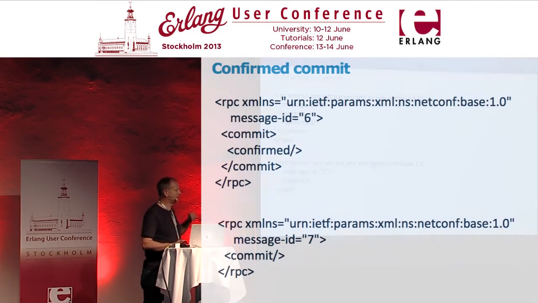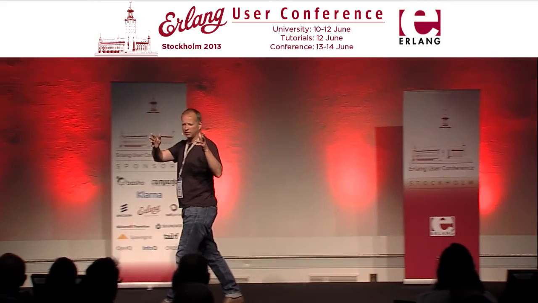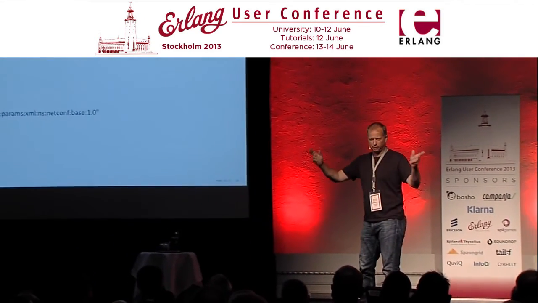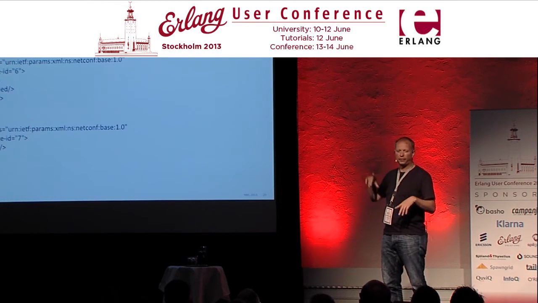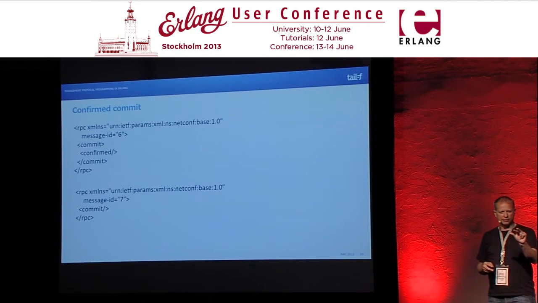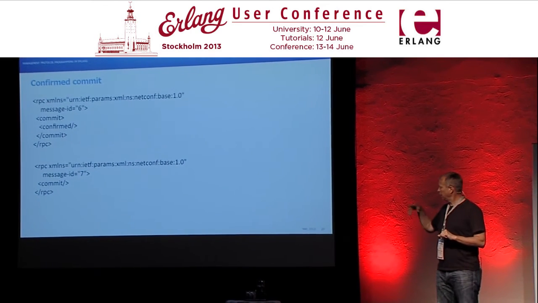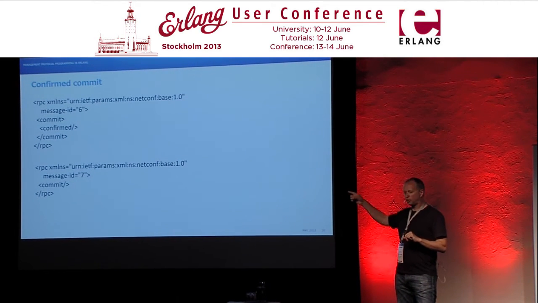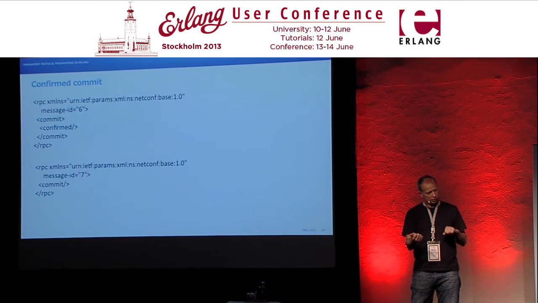Next thing we do, we send a commit with a confirm tag there. At this point, all these guys, they will go live with this proposed change. So after they all get the commit confirmed message there, the top one there, they're all alive. And this thing is now operational on the 3 devices or on the 3,000 devices. If they do not get the commit message within a stipulated timeout, they will automatically roll back. If they lose the SSH socket to the manager, they will automatically roll back.